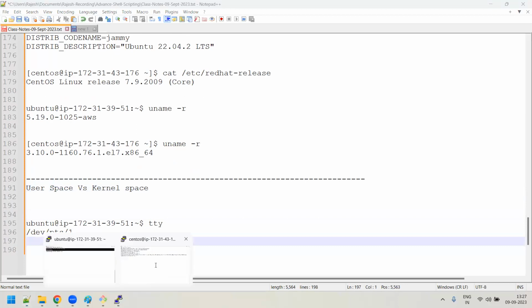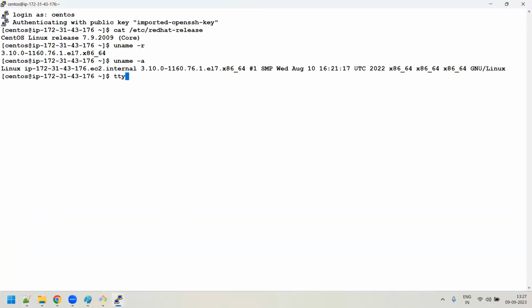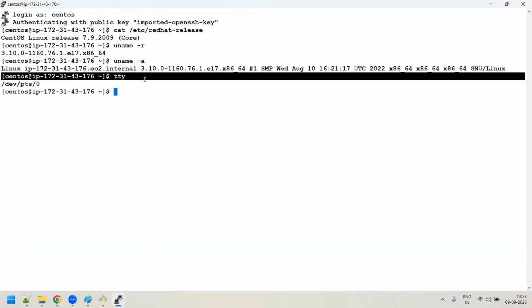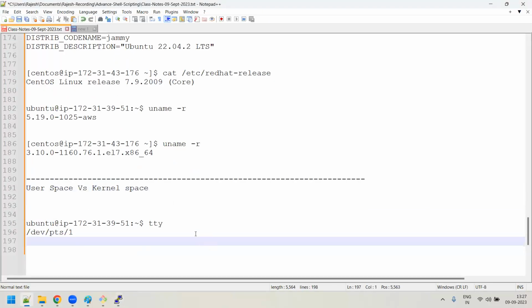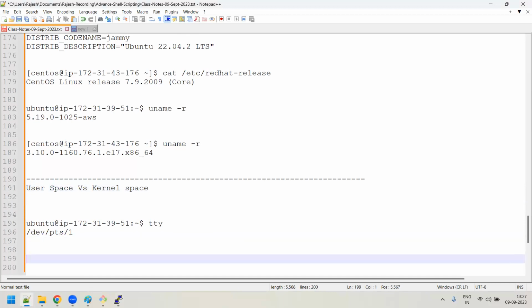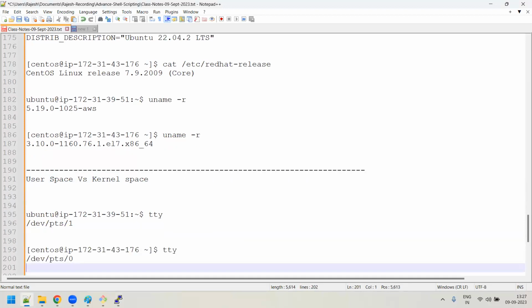Similarly, can I go here and execute the tty command? Let's see whether it executes or not. Yes, it gets executed. It shows /dev/pts/0. Some terminal name it is showing. What is it? We will learn later, don't worry as of now. It means you have logged into some virtual terminal and are working on top of it. Okay, fine, good.